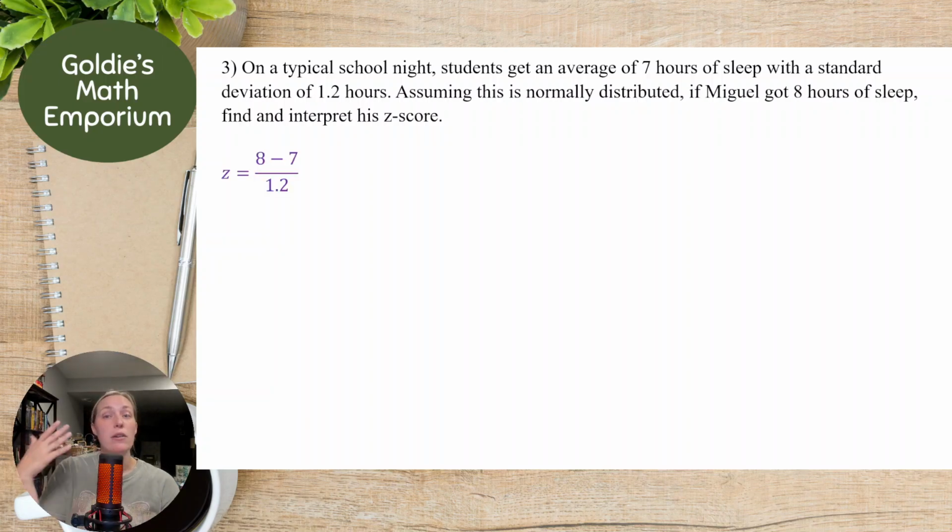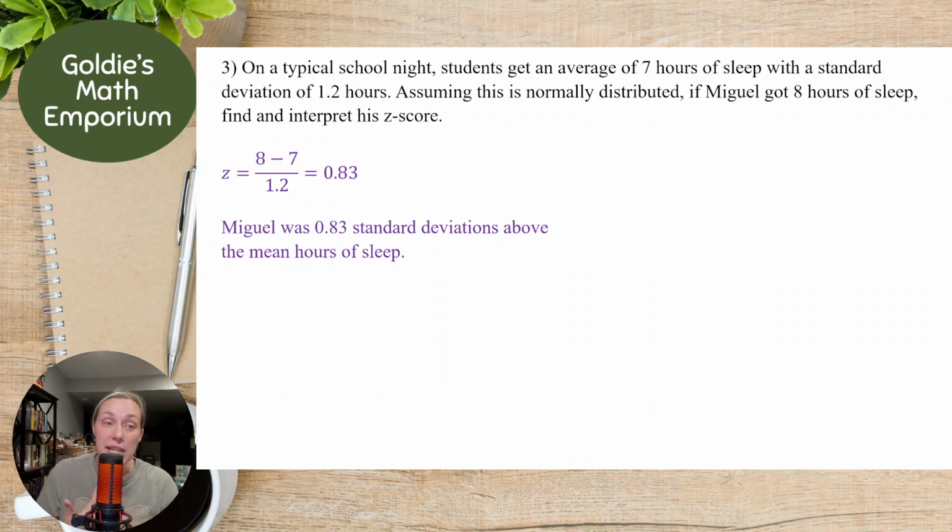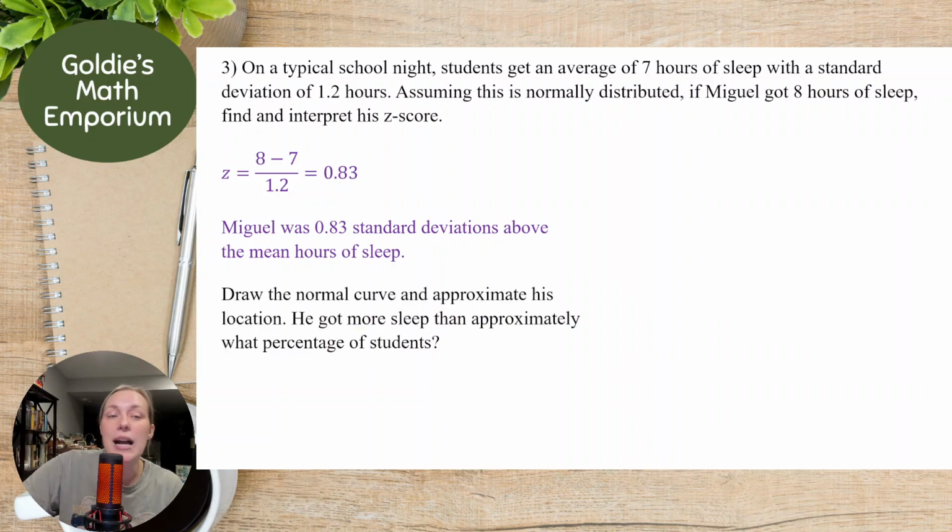Okay, well, okay, let's find it. Miguel, he has 8 hours. We subtract the mean divided by the standard deviation. He got 0.83 as his z-score. Interpreting that, we say Miguel was 0.83 standard deviations above the mean hours of sleep, okay, of students, right? Now, we can take this and we can say draw the normal curve and approximate Miguel's location in that normal curve. And then we can use that to try to answer the question, he got more sleep than approximately what